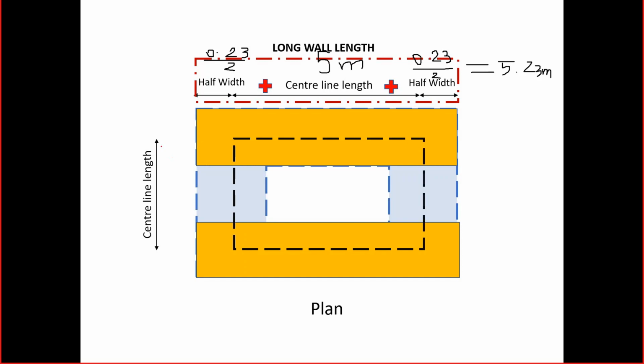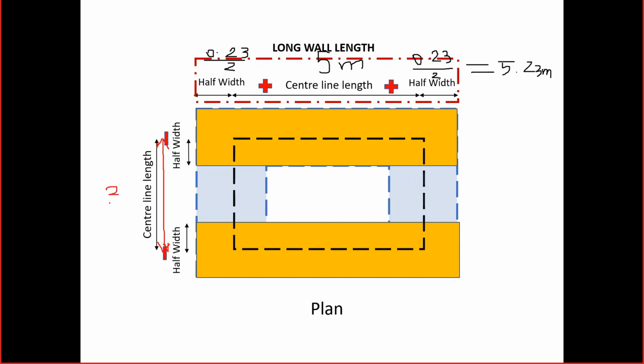But what is the length I have considered? Center line length. From here, I'm going to indicate it again, from here to here, right? This is the center line length. But if you look at this portion, it has already been excavated, because I already considered it in the long wall method. So what I need to do is center line length minus half width.